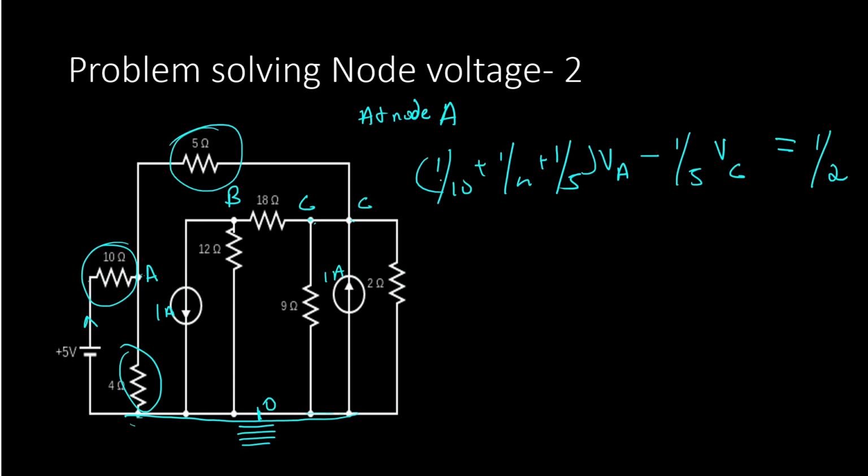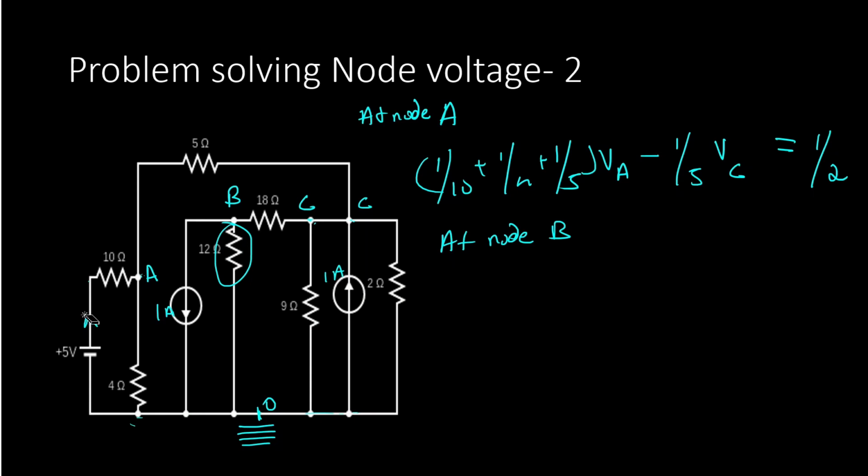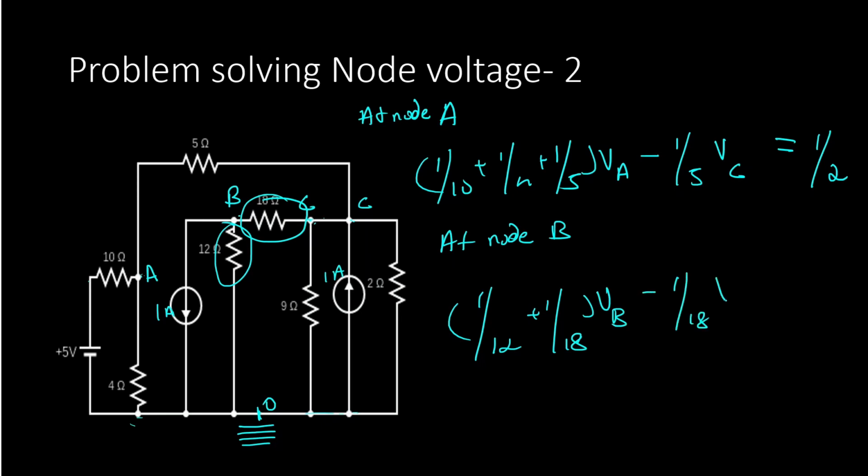Now at node B, what are the connections? We have a 12 ohm connection, an 18 ohm connection, and this current source connection. Anything else? No, nothing else. So (1 by 12 plus 1 by 18) VB. We have a common resistance connection between B and C, so minus 1 by 18 VC is equal to